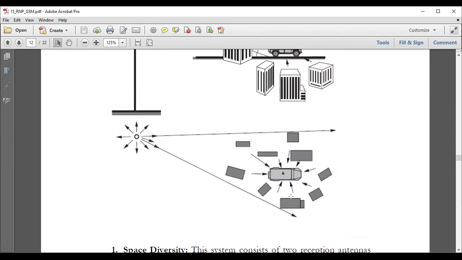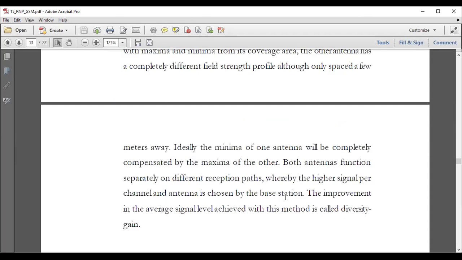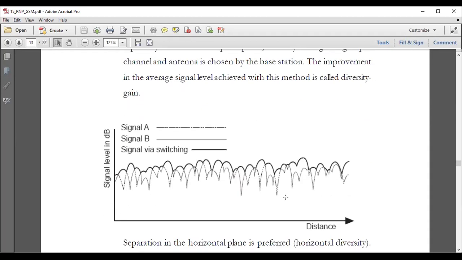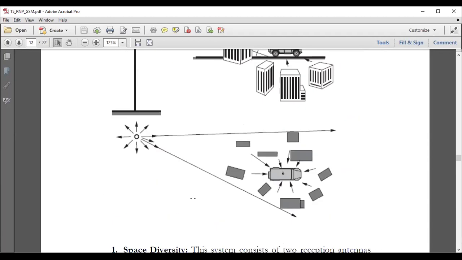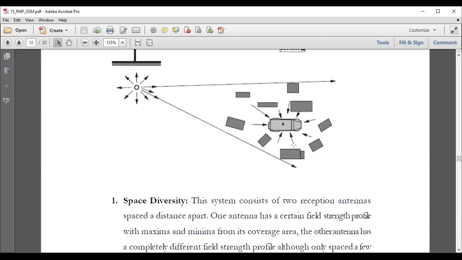And because of that, we have continuous fluctuations at the receiving end. It would be good if we had a signal analyzer to show you how the signal keeps fluctuating at any point. It keeps fluctuating this way, and different points will have different types of